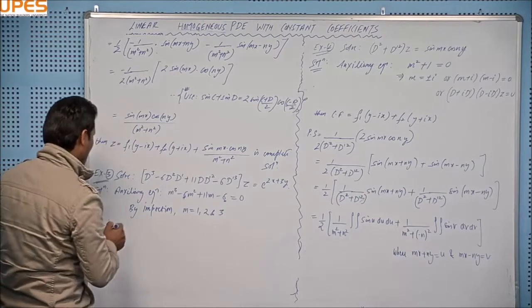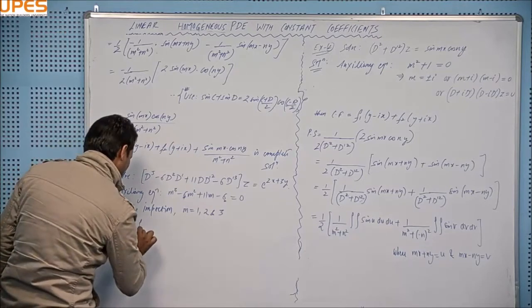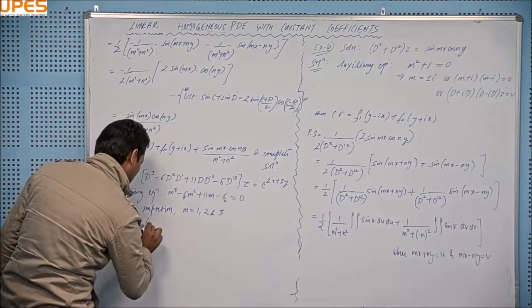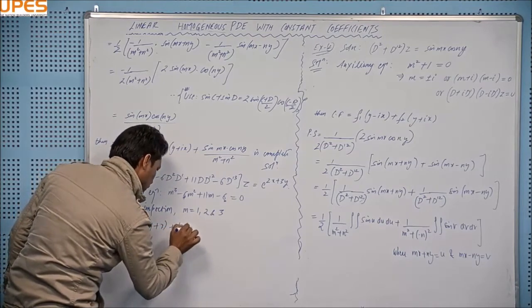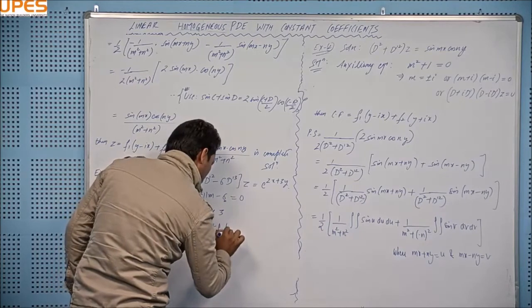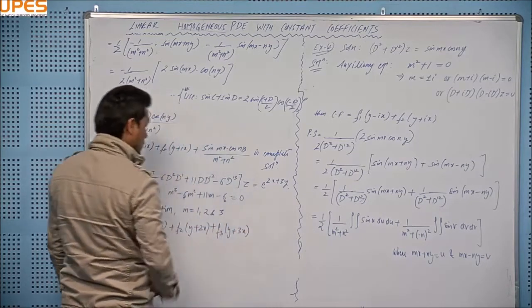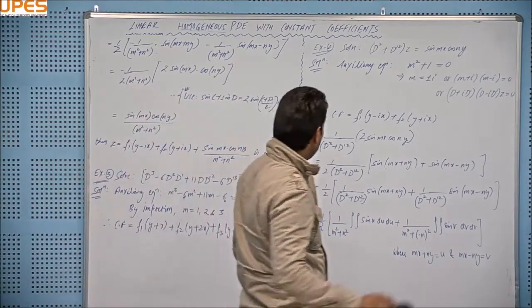Therefore, the complementary function CF, since the roots are distinct, I will write it as f1(y plus x), f2(y plus 2x), f3(y plus 3x). So this is the complementary function. f1, f2, f3 are arbitrary. Now,